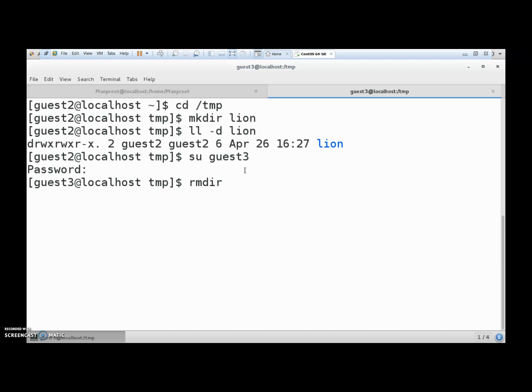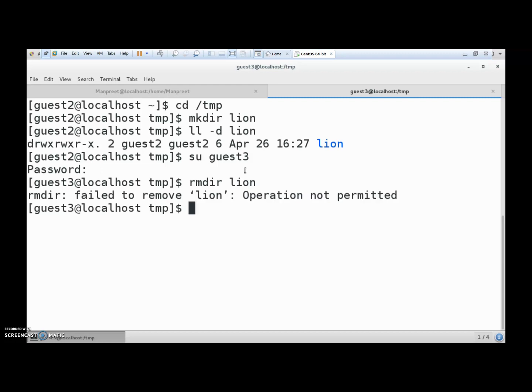With the command rmdir, and the directory name was line. See, it is giving me the message that operation is not permitted. Why am I getting this? Because the sticky bit is enabled for the directory, that is /tmp.